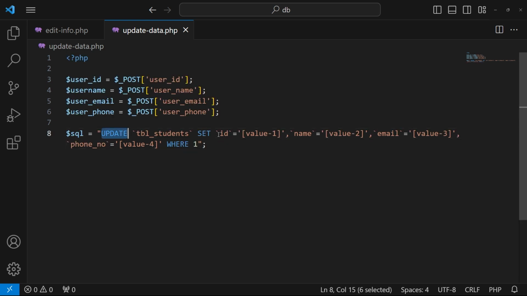So if you read that query carefully, you will easily understand that it means: update this table and set new values. ID is equal to value 1. We don't have to update the ID value, so I will remove this column name from here. Second column: set name is equal to, I will just remove this text from here, and inside these single